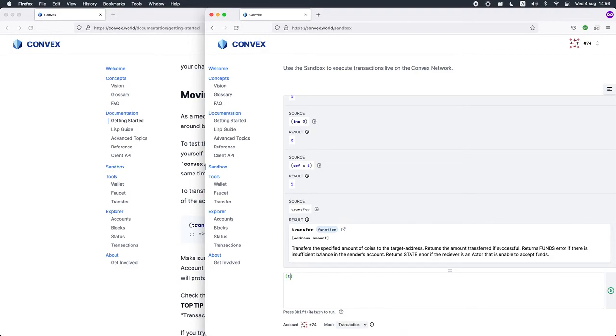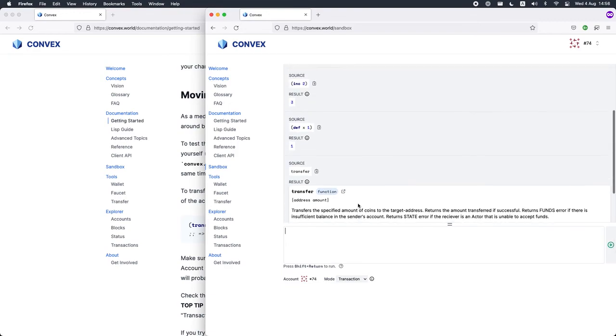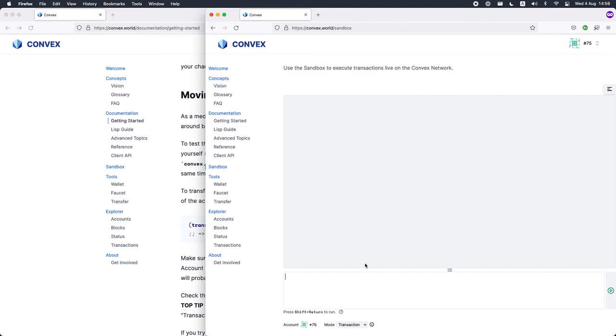Last thing in this video, let's just run this. If you just run transfer, and we said account 75, that's the one that we changed it, and let's do 10,000, and let's run this. Yeah, there you have 10,000 as value. And if you just go back here and look at our current balance, if we just refresh, yeah, we can see the updated balance. And if you go to account 75, and check this account, yeah, right,